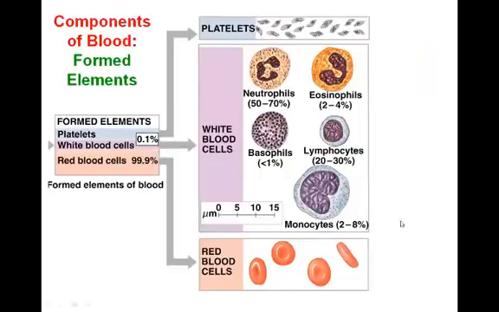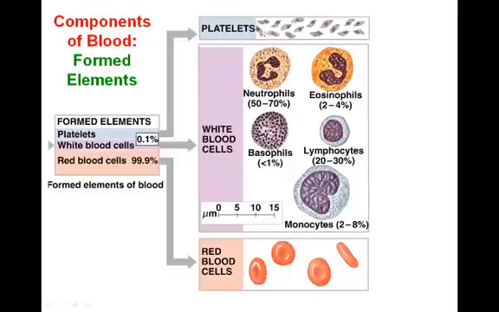So here's a picture of your red blood cells, your white blood cells, and your platelets. Red blood cells mainly function to carry oxygen. Right? They all look relatively the same. We have different types of white blood cells, however. And you notice that in this picture, none of them are white. It's because they've all been falsely stained in this picture, so it makes it easier for us to identify them and see them. But there are many different types of white blood cells, and they all have their own functions, which we'll talk about in our white blood cell or leukocyte lecture later.